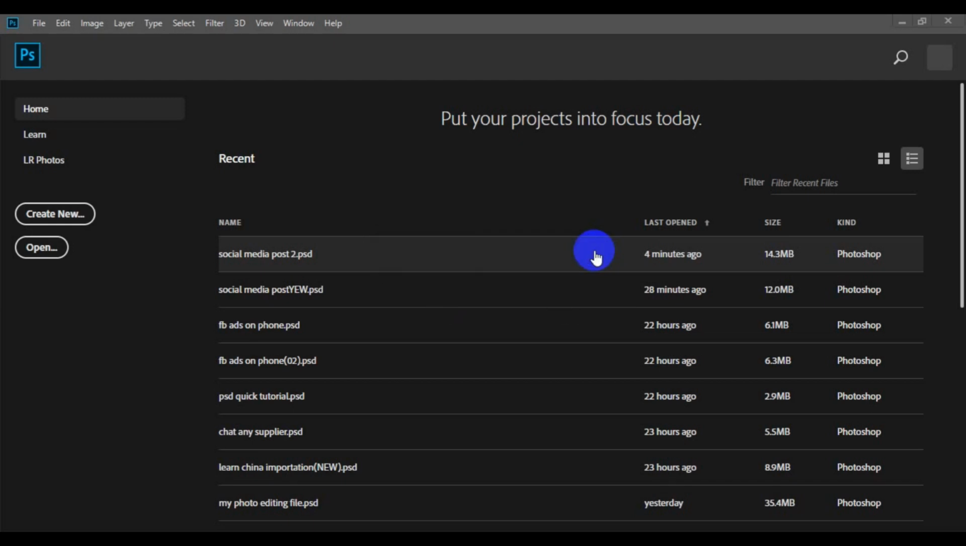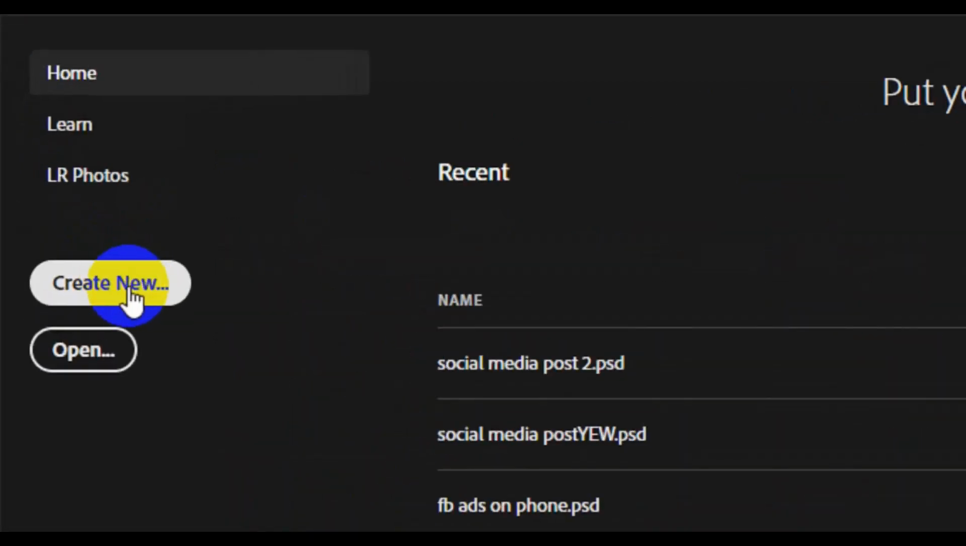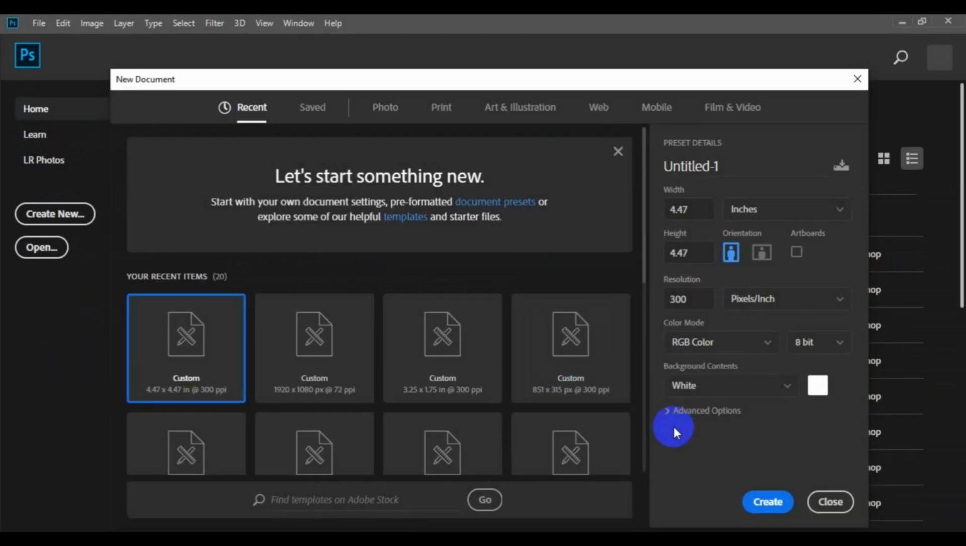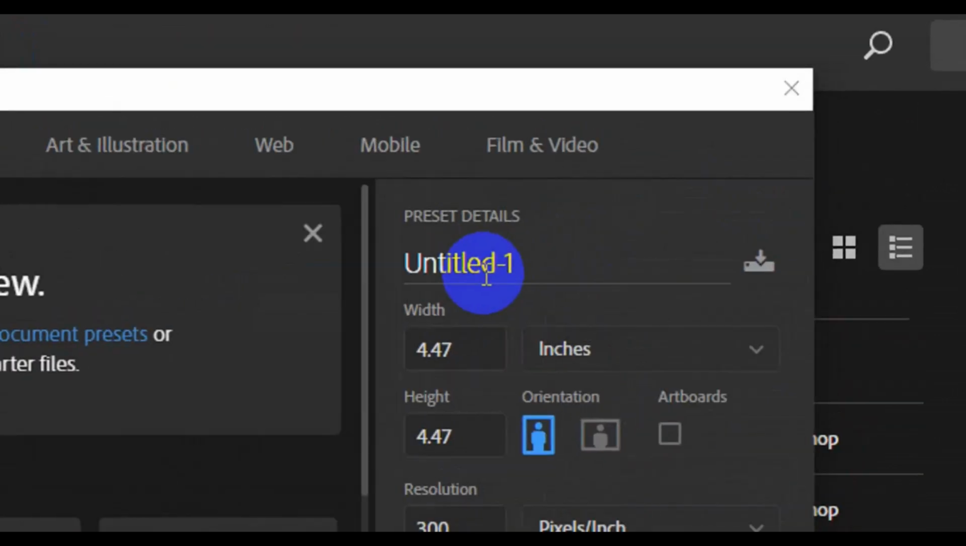So with that being said, let's dive into the tutorial and see how you can create an amazing visiting card in Photoshop, step-by-step tutorial. The first thing you want to do is go to your menu bar. Make sure you click on create new. Then you need to come to the top and type in the title of your design, which is